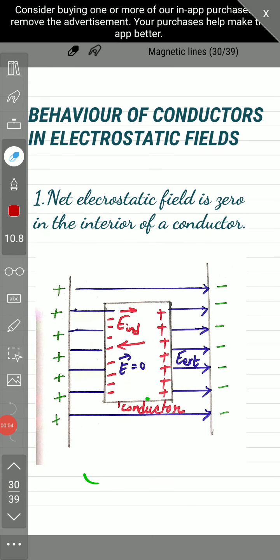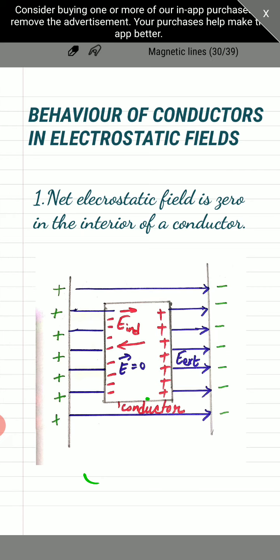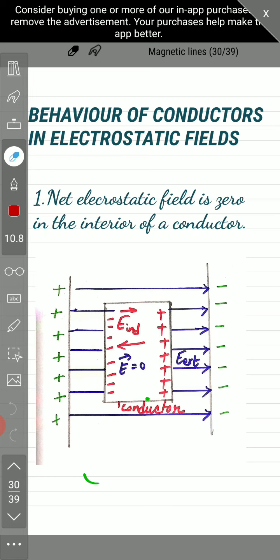Now we are going to see the next thing, that is the behavior of conductors in an external field. Till now we were dealing with the derivations on the mathematical part in physics, but now we are going to learn the physics in a little different way. So let's start with the first thing, that is how the conductors behave when they are kept in an external field. As you can see in this figure, there is a conductor which is placed in an external field,